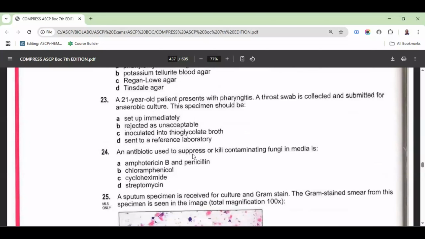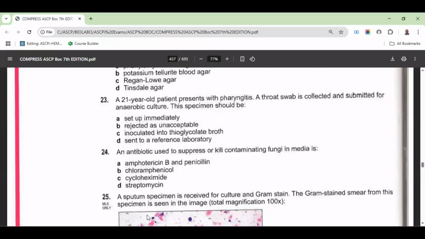This one is just pharyngitis, and the person is 21 years old, and you have collected a throat swab and submitted it for an LB